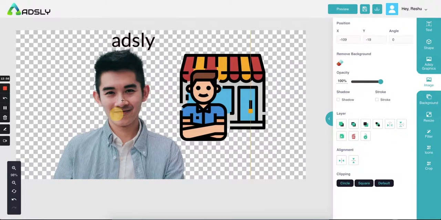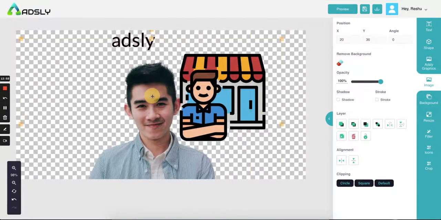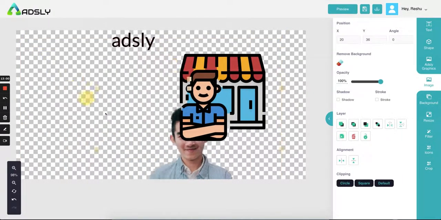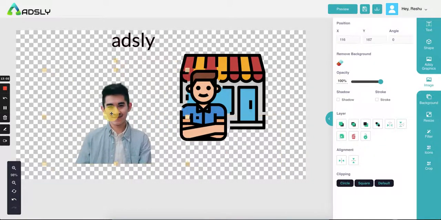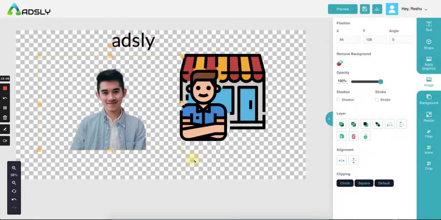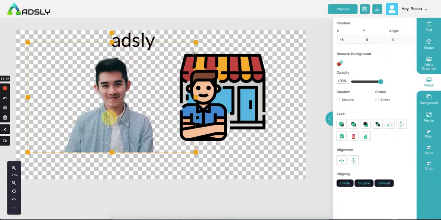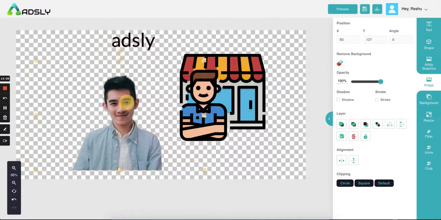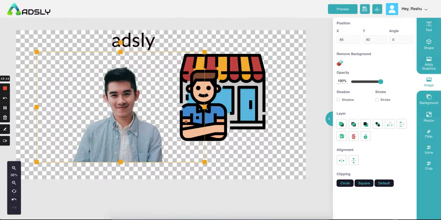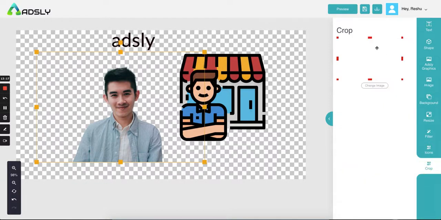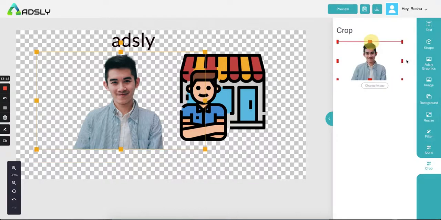Just give it a moment. Here we have our image. Since we cropped an original image which was high in resolution and in dimensions, it came out that big. You can adjust it accordingly. Now you can see that there is a lot of space over here which you don't want to be covered like this. So what you can do is simply go to the crop option. As soon as you start cropping, the image will appear over here.